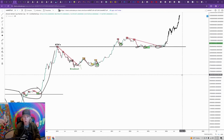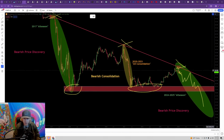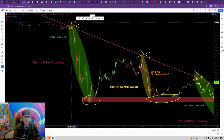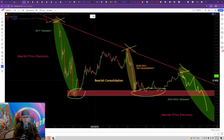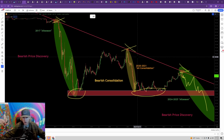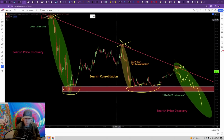And I've talked a lot about why I believe in the 2017 bull market. When we're looking over here, I've made extensive updates mapping out why I believe that we're going to end up topping in here, why we're going to end up seeing a brand new all-time low for the Bitcoin dominance, and why it's going to be exactly like that 2017 cycle. When we're looking at the long term of this, it's just a big descending triangle. It's either one of the most bullish chart patterns or the most bearish chart patterns, depending on how you look at it. And I do believe that with this being created basically ever since 2018, it draws